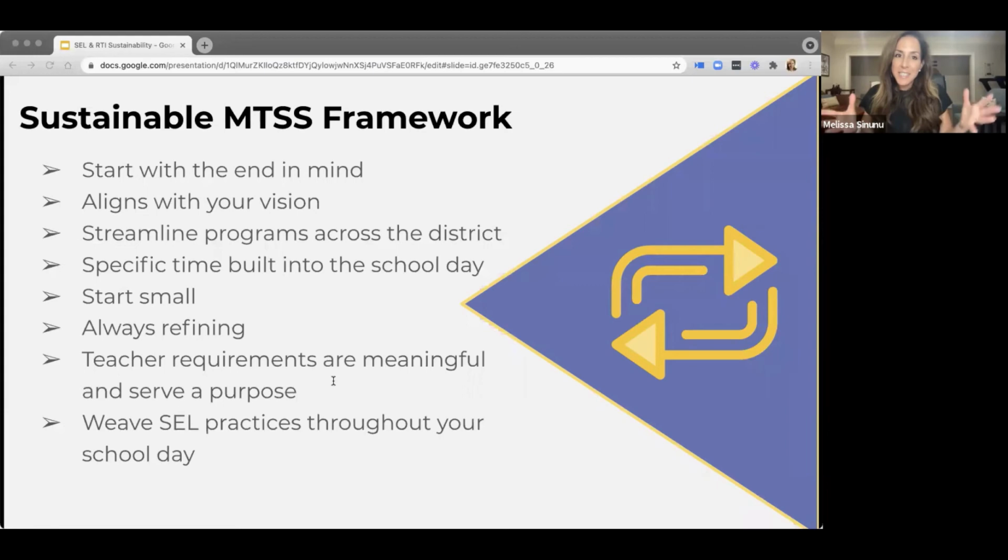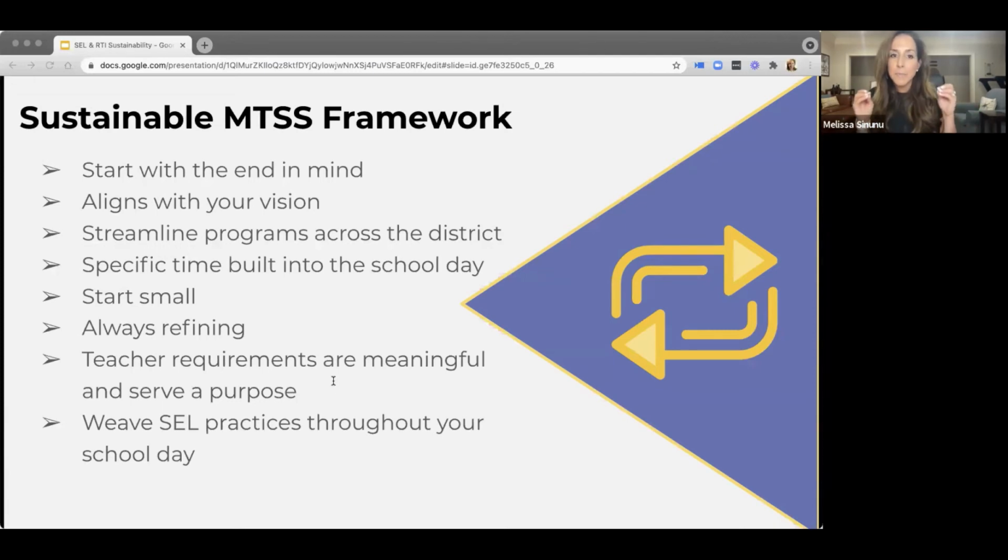So essentially, a sustainable MTSS framework takes the following steps. It starts with the end in mind. Again, the most practical aspect of your MTSS practice is your student problem-solving team meetings. Think about how every aspect of your framework feeds excellent data into these meetings. It aligns your vision. This includes a possible culture shift in your school from teachers about student achievement. It streamlines programs across the district. This really improves communication because interventionists and school psychologists are speaking the same language district-wide. And again, if everything can't be streamlined, make sure the data is integrated for effective team meetings.